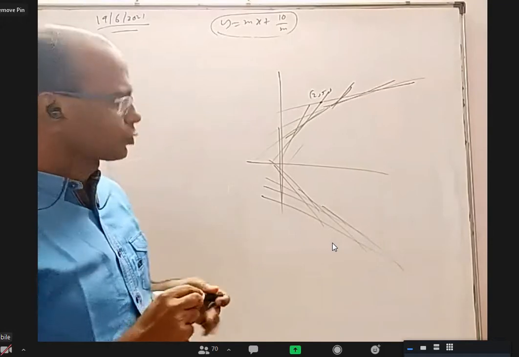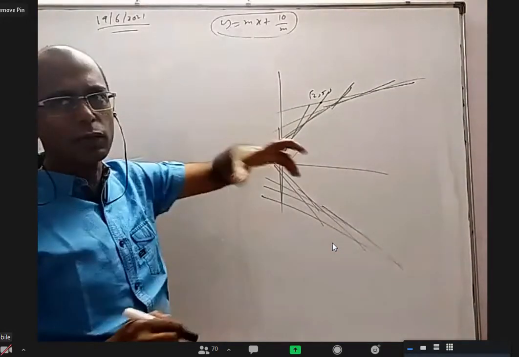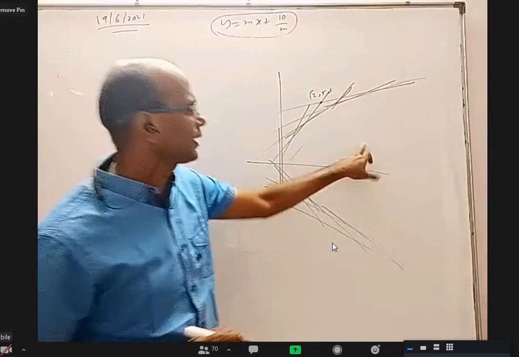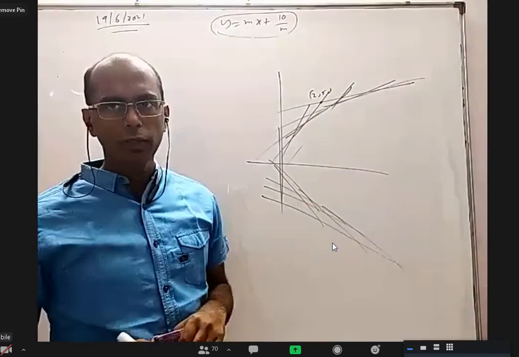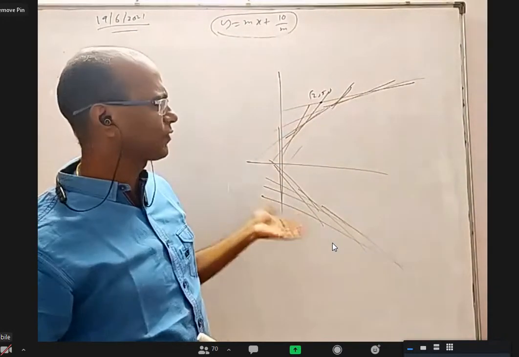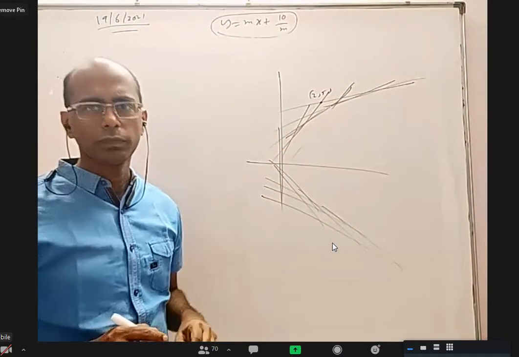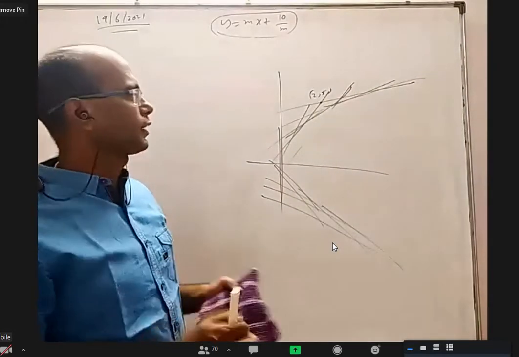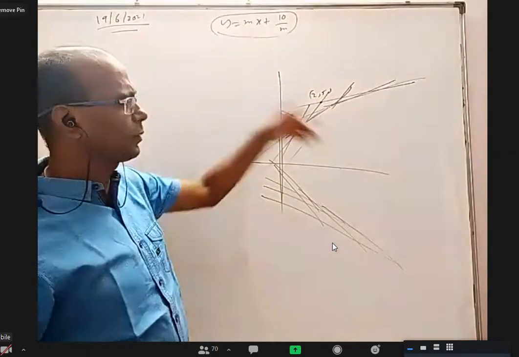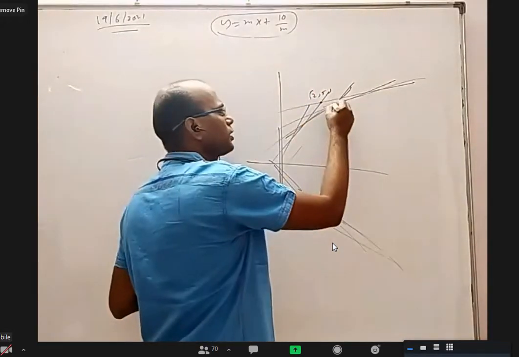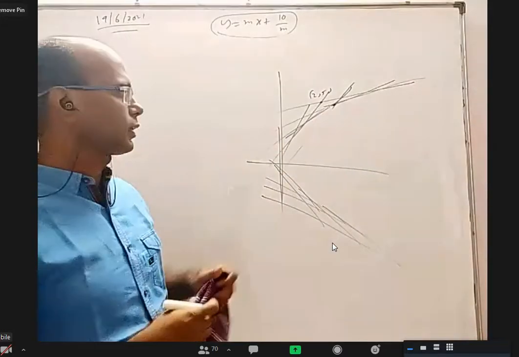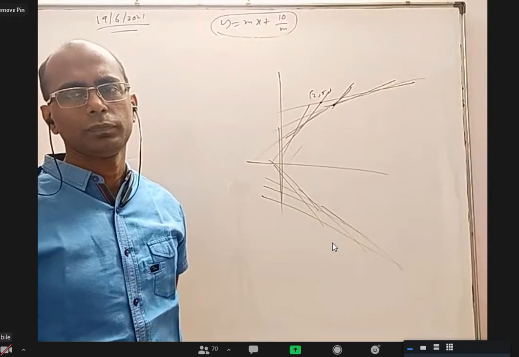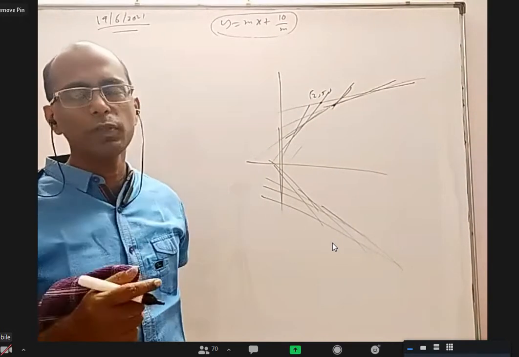2. If I take any point and substitute in this, I'll get a quadratic in terms of m. If I get 2 distinct roots, that point is outside the curve. If I take any point here and substitute, is any line in this family passing through that point? No, sir. 0. Then you will get a quadratic equation with complex roots. That means no line in this family passes through that. But if I take a point on the curve which touches all of them, if you substitute that point, what will happen? There is only one root. That means roots equal, na?